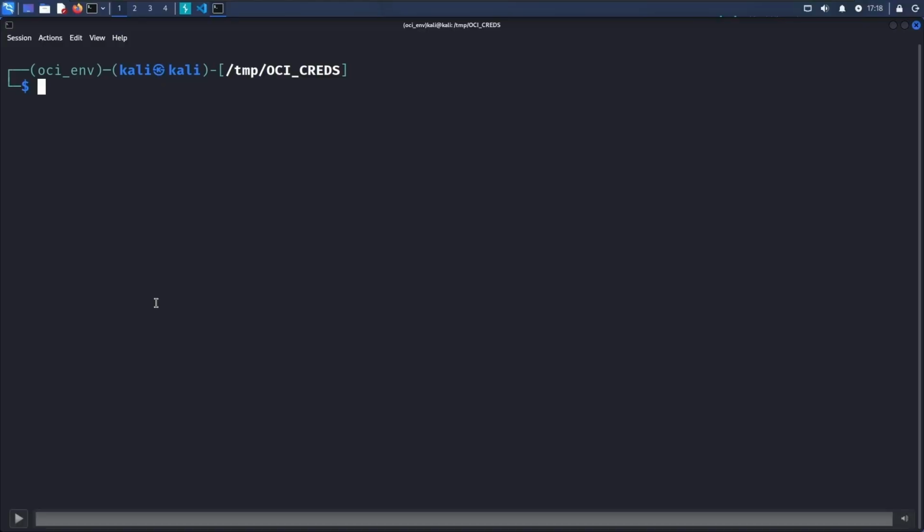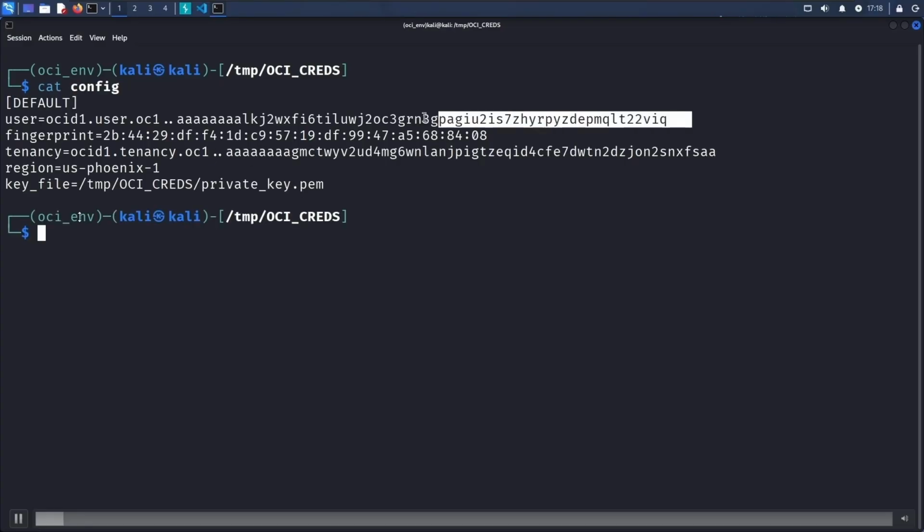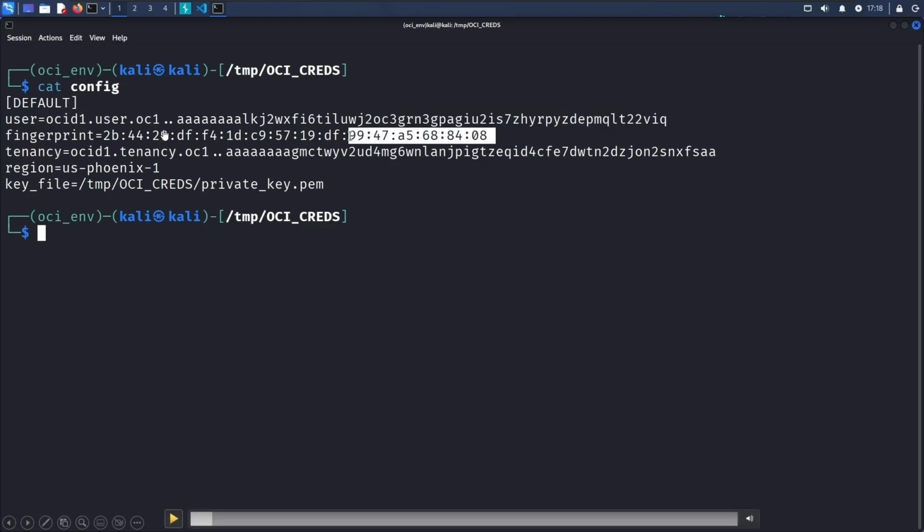So we'll jump right into it. Starting this, this is my config file, what I mentioned in OCI CLI. I set up my OCI CLI in the background, and when I did that, it created this config file for me. My profile is called default. It's got my user OCID, the fingerprint of my key that I'm using, my tenancy OCID, my region, and the file path to where my private key is.